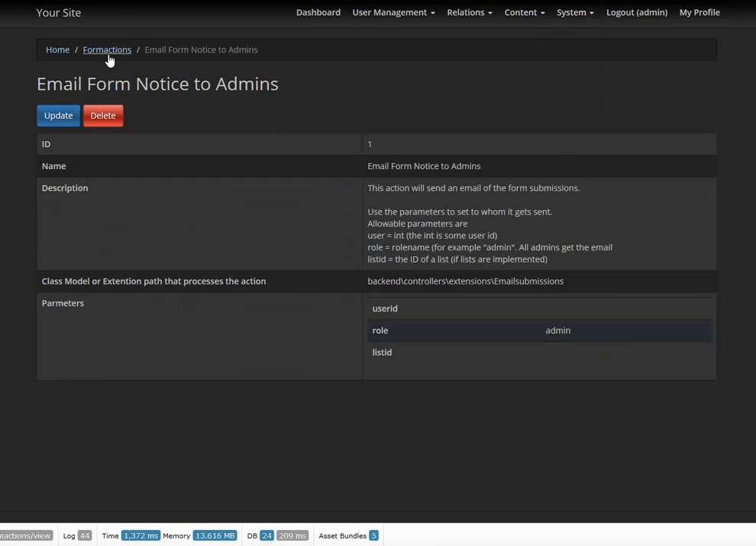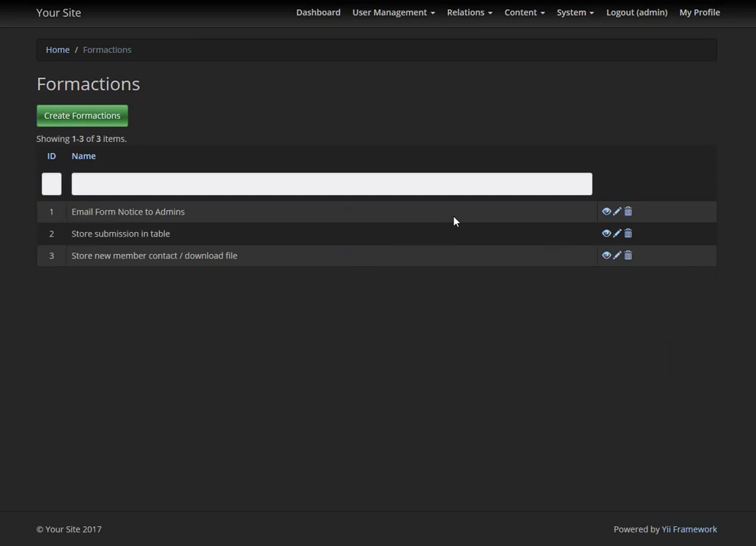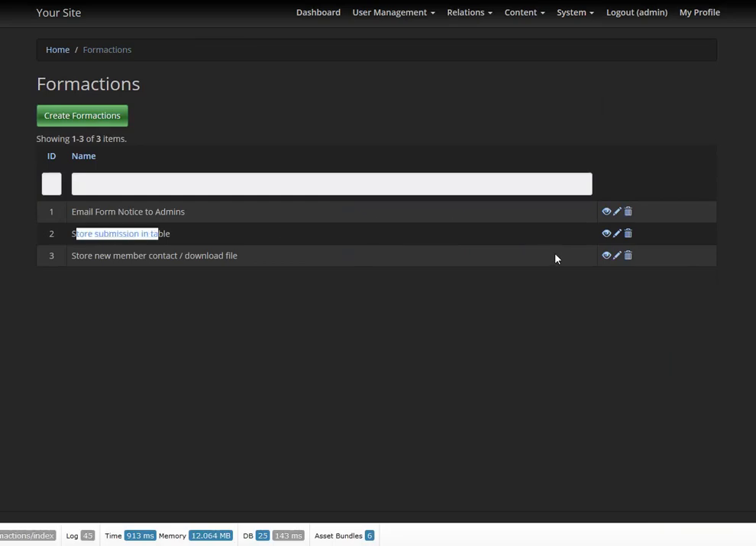The other 2 I have are, if this thing will get back to where it's supposed to go, here we are: store the submissions in a table, right? And if we look at this,